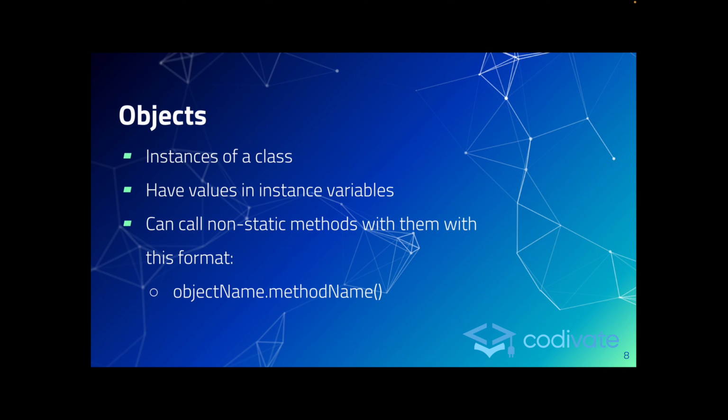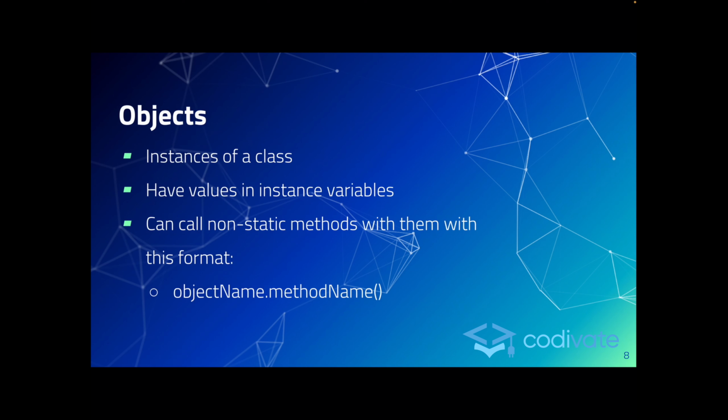So, we talked about how you can create objects or instances of a class. Objects are basically instances of a class, and they have values in the instance variables. You can use these objects to call non-static methods, and these non-static methods will do things with the instance variables and give you things that you want to do